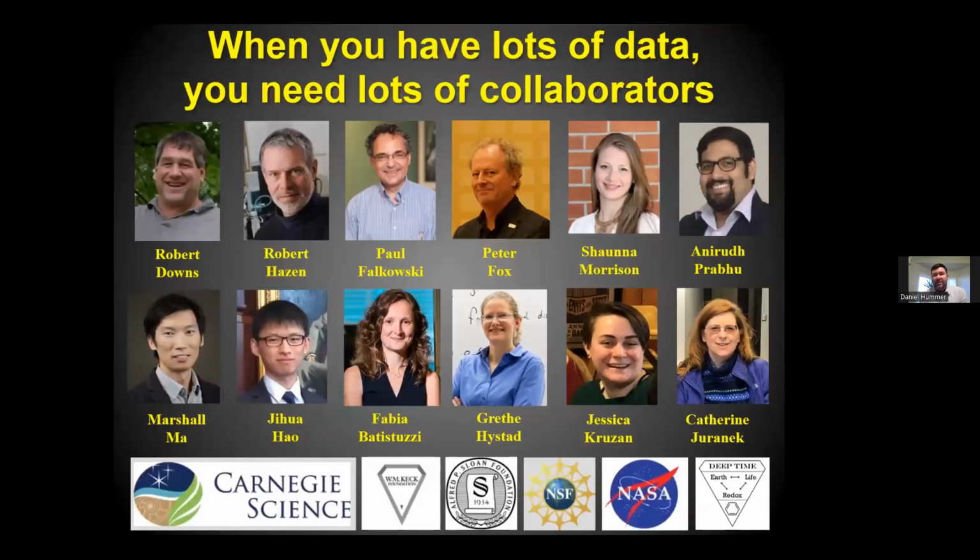Before I get into the results, I want to acknowledge all the collaborators on these various projects that I've been working on, and there's a large number of them. When you're working out Earth's history and you have this much data, you need a lot of collaborators. And I'm very fortunate to have some of the best in the business. In particular, I want to point out Robert Downs. Bob Downs is a professor at University of Arizona, and he is responsible for one of the main data sets, one of the main profiles of minerals that we use in these studies.